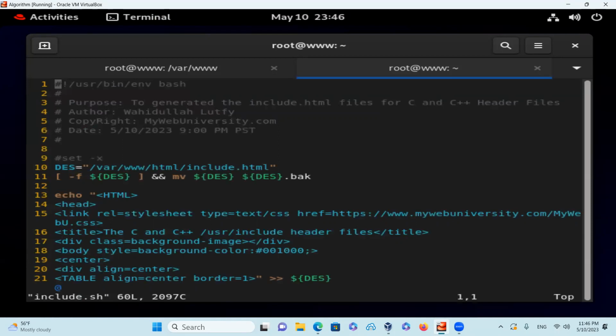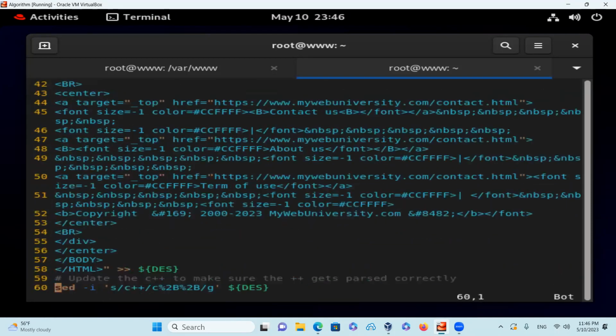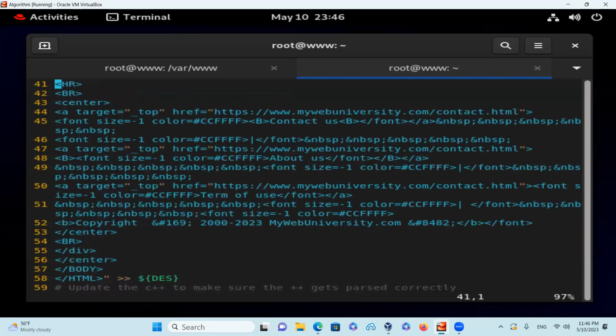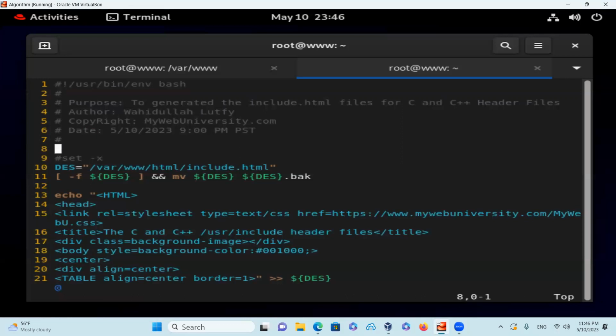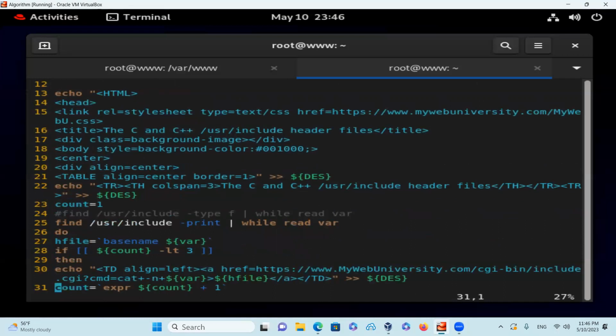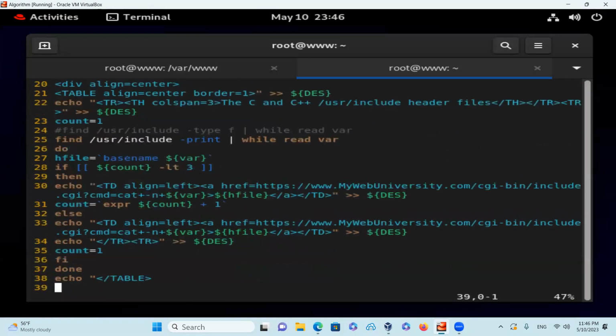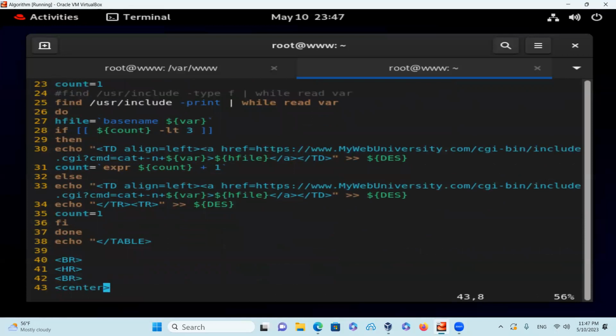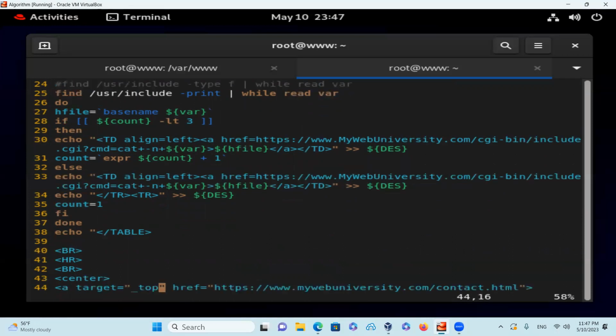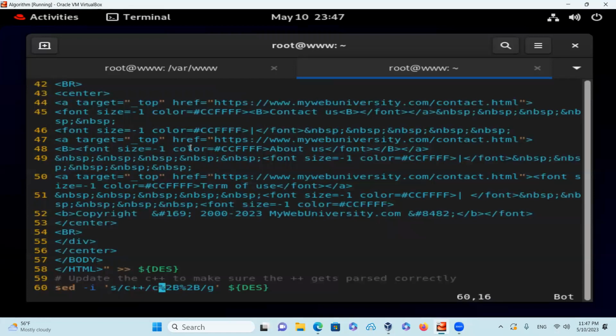Since I'm there, you can see that it has about 60 lines of code that actually does all the work, and it creates a file, this include.html file that I just showed you on the web. When I run this script, it does all the work: it goes to the user include directory, gets a list of the files, parses it, and puts all the information in based on the number of entries that it finds, and creates this nice table for you. And then at the end of it, it writes that to my website, as well as does a sed,